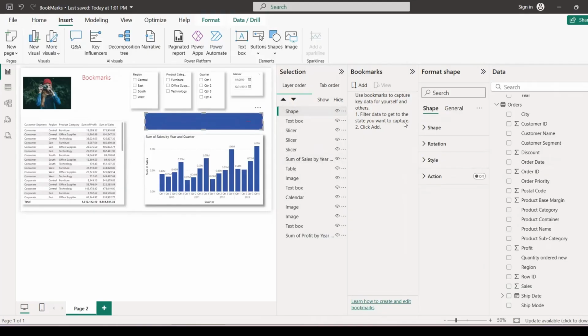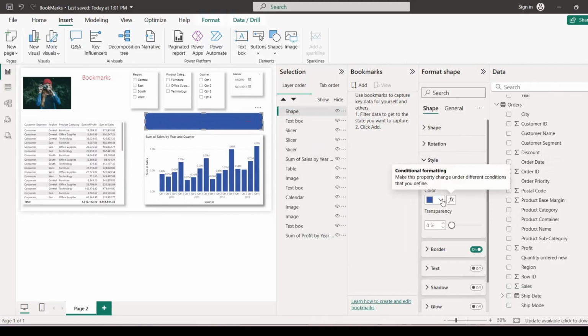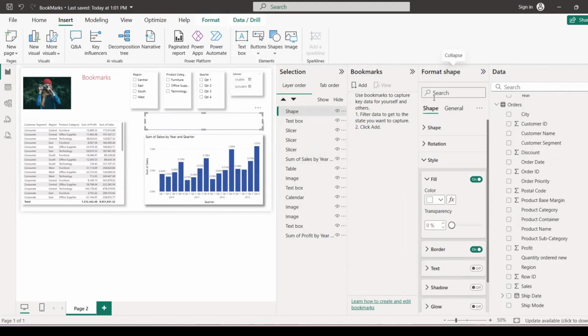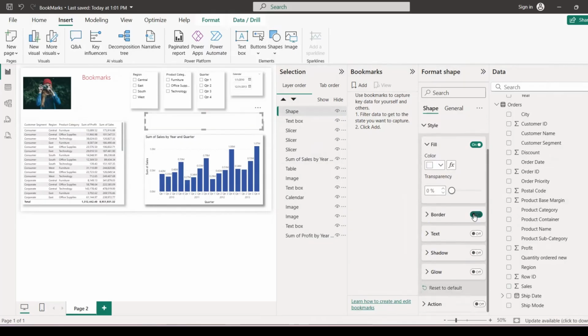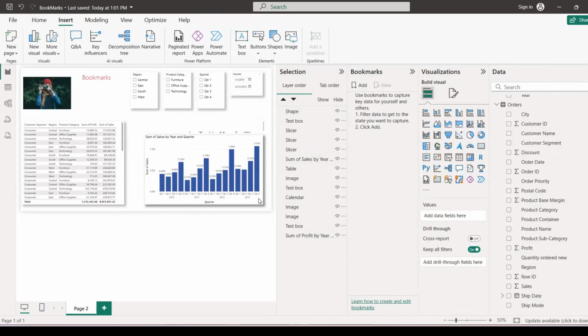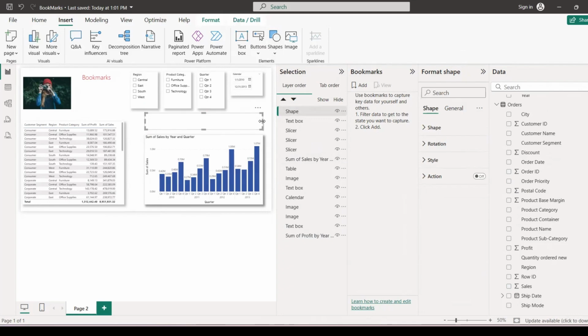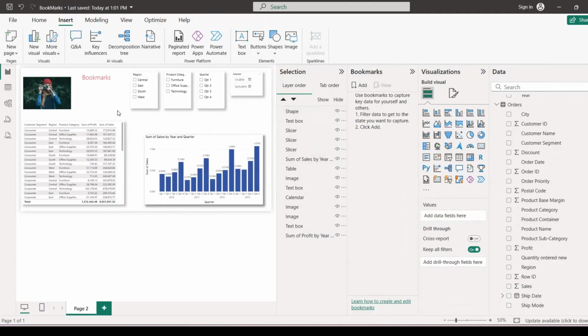I will change the color to white, like the background. So in style we choose white. Also, we don't need the border. And maybe I can cover this also. Just like that.